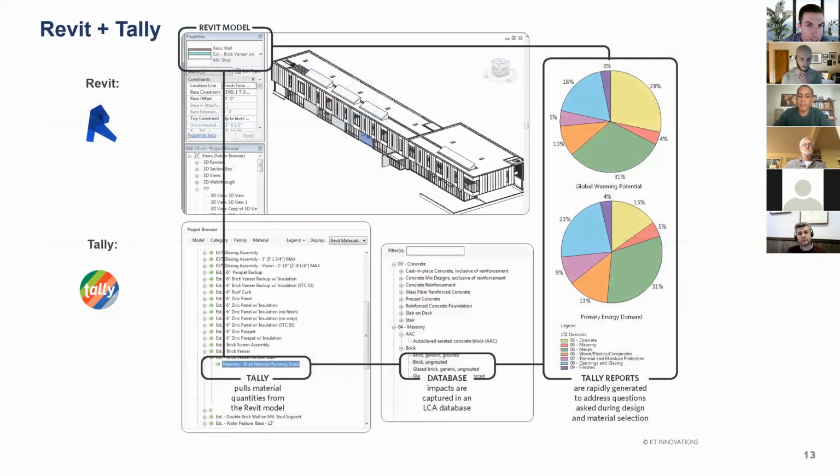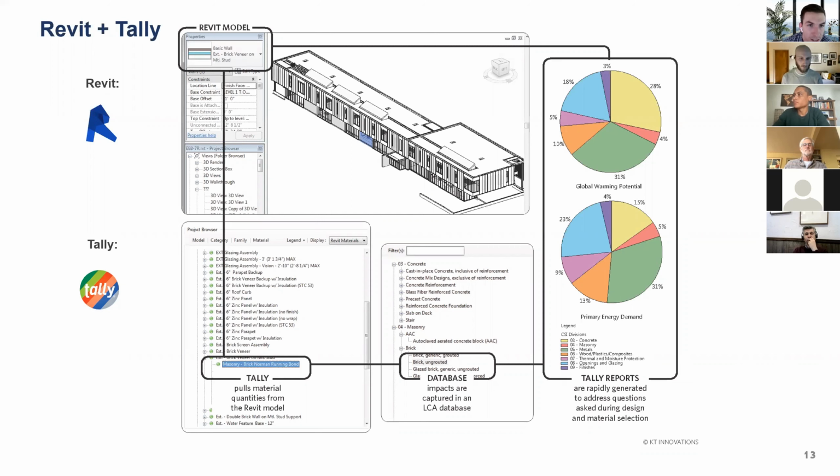And then we get into some of the BIM integrated tools. So Revit and Tally is one of them. I know we have a couple of folks on the call today who are familiar with using these tools, so hopefully we hear from them about their experience and suggestions for using this tool. But let me just go over some of the basics, how these tools work. So you have a Revit model that has the different dimensional elements of a building in terms of volumes, areas, etc. You can also define the material layers within different elements of the building.